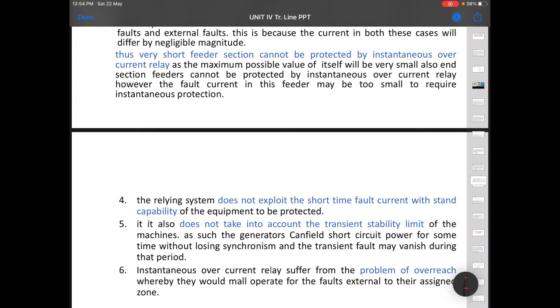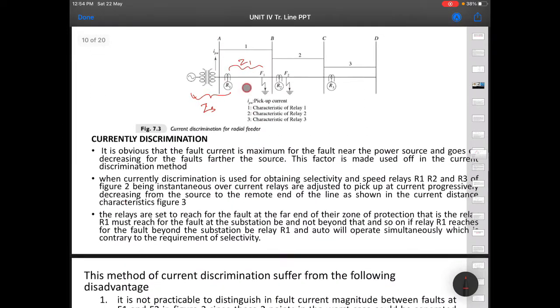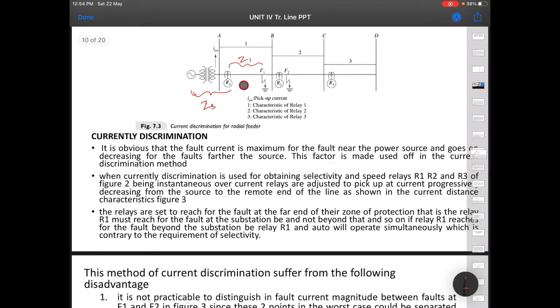Once it senses a small high current for a small duration, the relay trips, which should not happen in such cases. Even in the transient stability limit, see, transient stability means what? During some disturbances, transients will sustain for a few cycles, but with only the current discrimination method, the relay does not wait, because there is no time, no TMS setting.